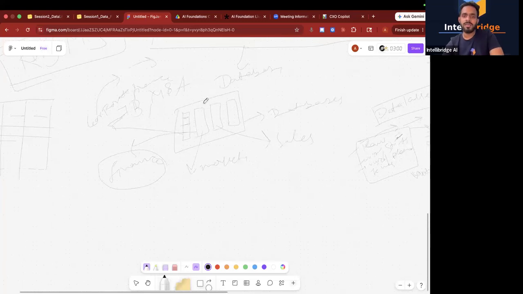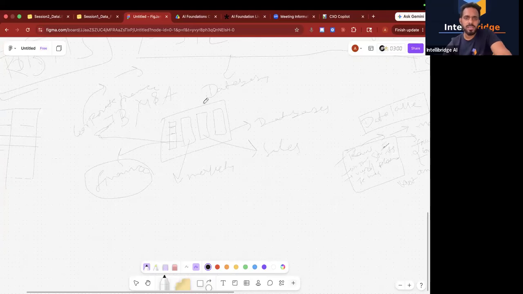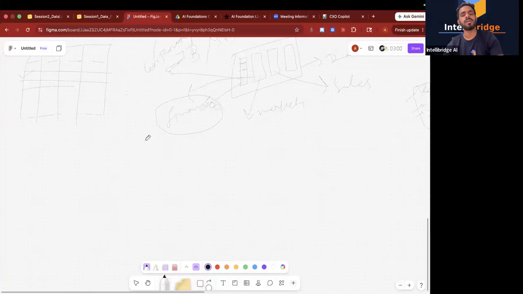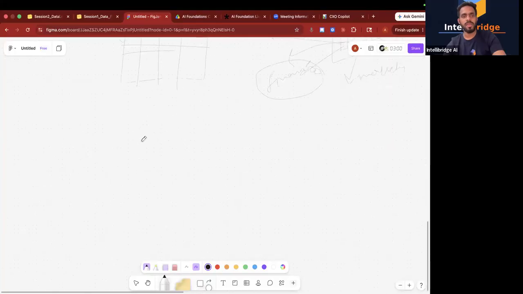But at a high level, did you get an understanding of what databases are, how it works, what schemas are, and what tables are, right? Any questions? If not, I'll just give an example again. If you have any questions, if it's not clear,